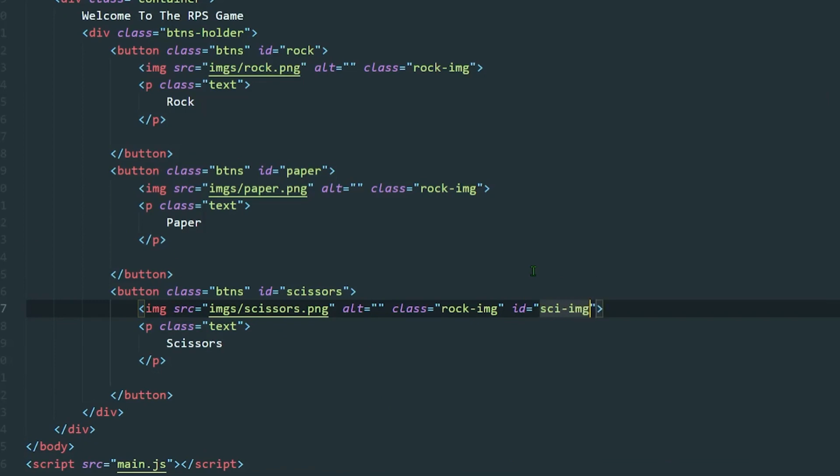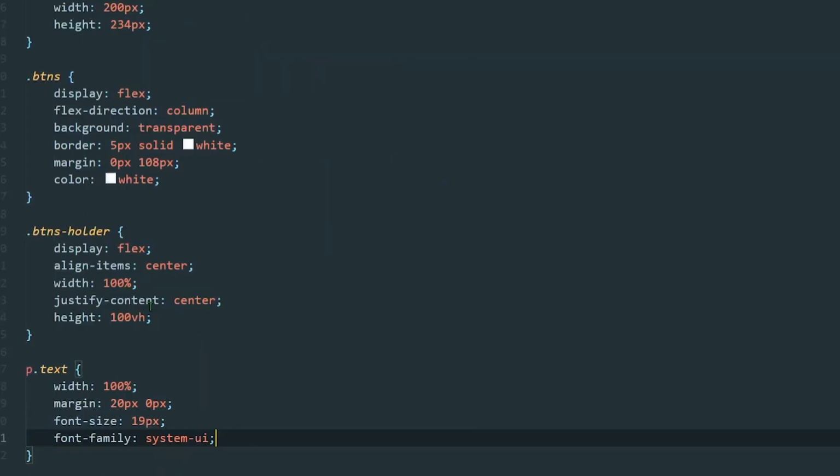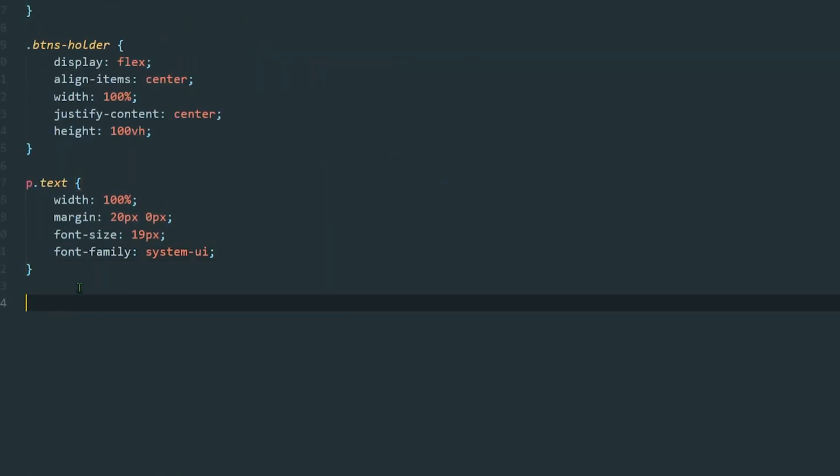Short and simple it has to be. And also don't keep it like ABC ID, because you won't be able to recognize whose ID this is. If we keep it meaningful, then you will be able to easily recognize. So let's copy this SCIIMG, and I am going to type hashtag SCIIMG.